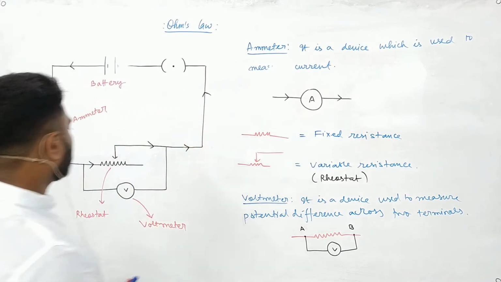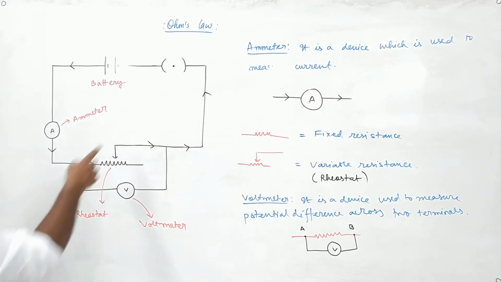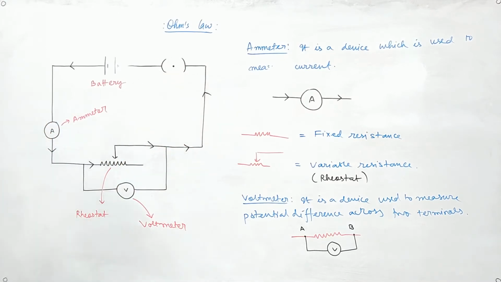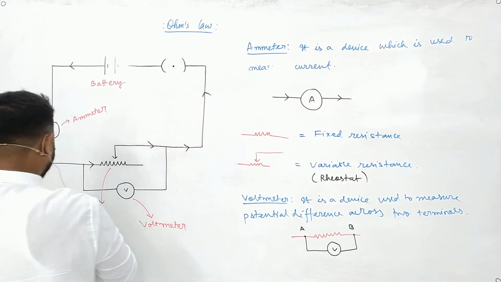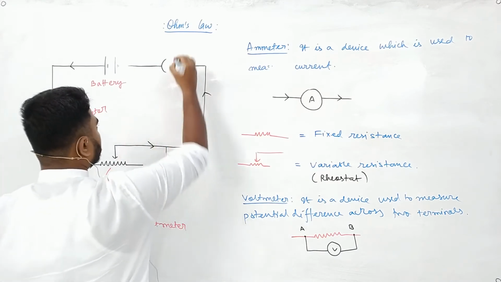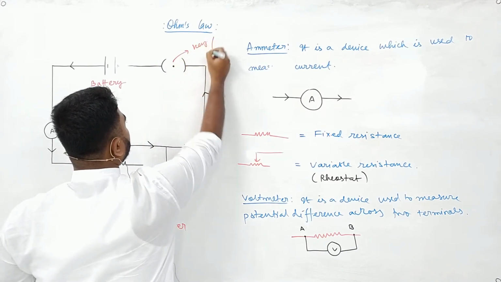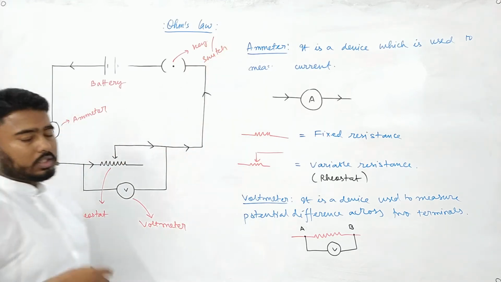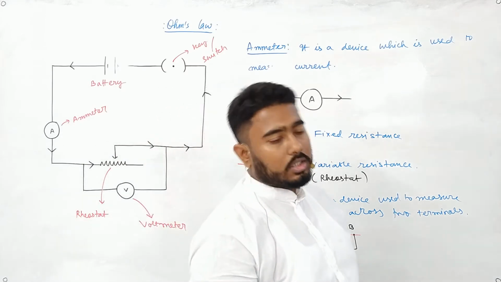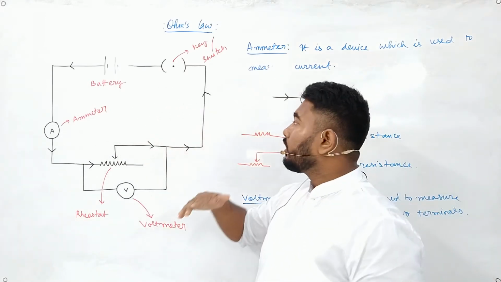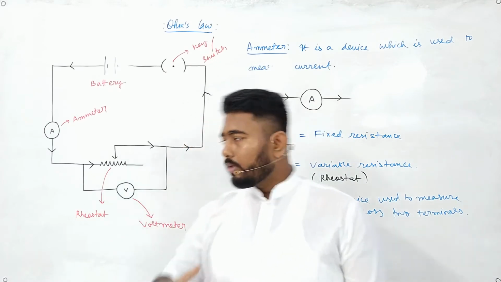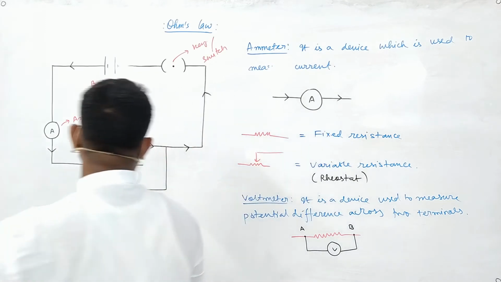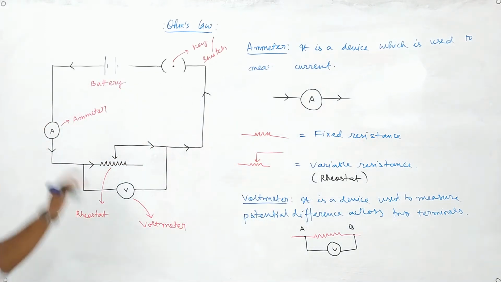Okay. Now next thing, so the current is coming from here, it is going here, and it is going here, right? This portion is known as key or switch. Okay, what does it do? It helps us to turn a circuit on or off. The way in which we manipulate it will give us an off circuit or an on circuit. That means it can close a circuit or it can open a circuit. So these are basic circuit.